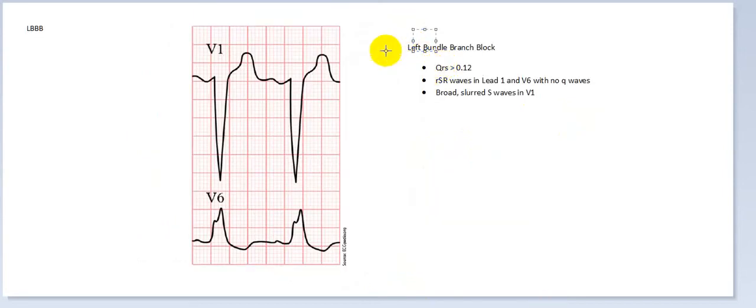So like I mentioned before, the left bundle branch block has a QRS greater than 120 milliseconds. This QRS is greater than 120 milliseconds. The RSR waves, like I said, the bunny ears, are in lead 1 and in lead V6 with no Q waves. So see right here, the bunny ears. Those look like bunny ears, but it's the RSR wave. And then you also have a characteristic of broad slurred S waves in V1. So this is a very deep slurred S wave in V1, and these are the characteristics of left bundle branch